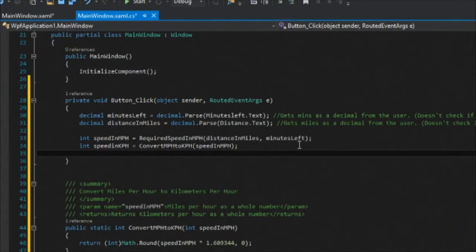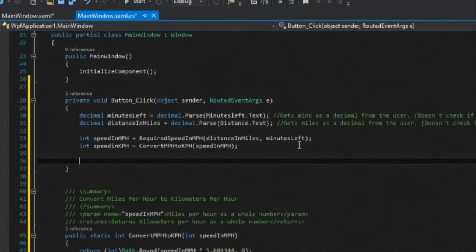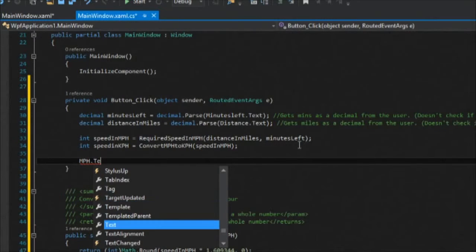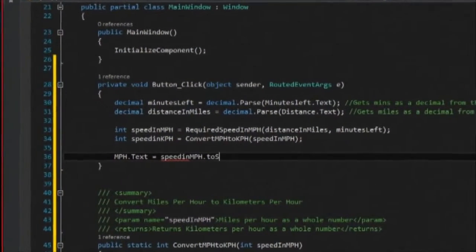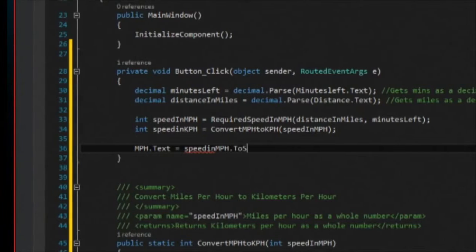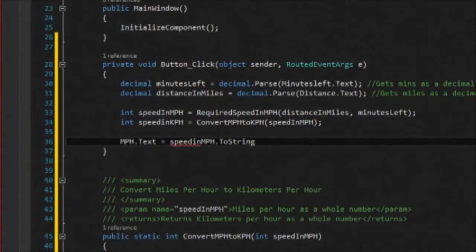But what I wanted to do is actually send it back over and display it on the screen. So here I can take my miles per hour field and set the text of that field, which is the same thing I did up above. I'm going to set that to the speed in miles per hour variable that I created here. I have to convert it to text because right now it's a number, so I'm going to use a handy helper function called toString, which converts it to a string. And so now if I run this,